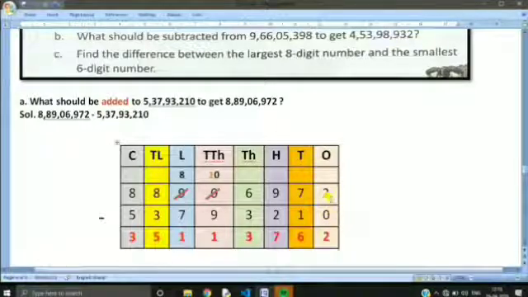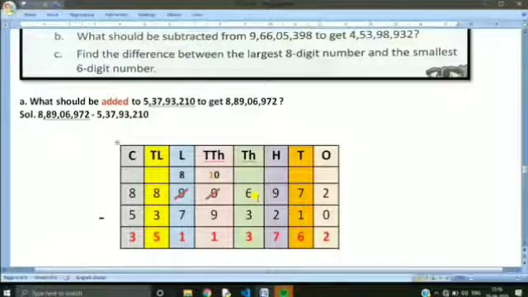It is possible. So 2 minus 0 is 2. We'll be writing the answer as 2. Now we'll be going to the tens column. 7 minus 1. Yes, again possible. 7 minus 1 is 6. We'll be writing our answer as 6. Move to the next column, that is 100. 9 minus 2. Again from 9 we can subtract 2. It is 7. So write 7.